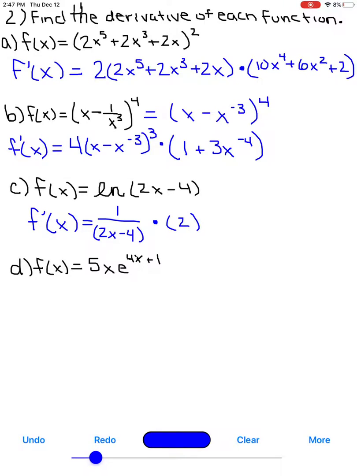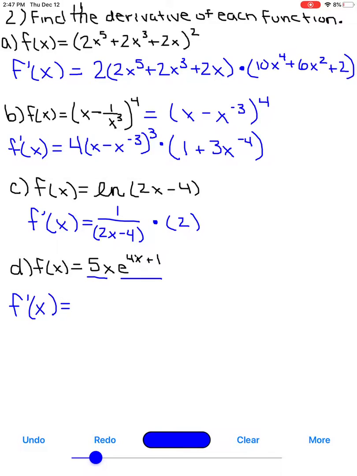For part D, this function can be completed using the product rule, which is the derivative of the first times the second, plus the first times the derivative of the second. What's different about this one, though, is when finding the derivative of e, it is itself times the derivative of what's in the exponent. So our two parts are 5x and then e raised to the 4x plus 1. So our derivative will be f prime of x